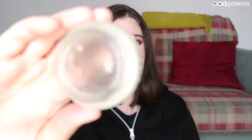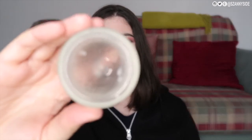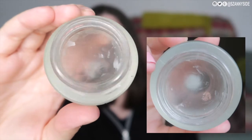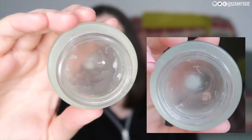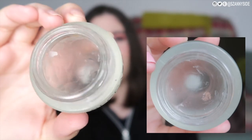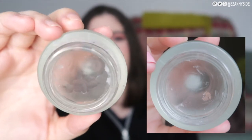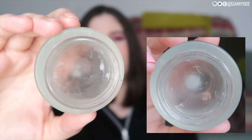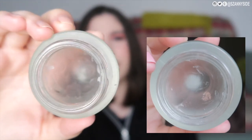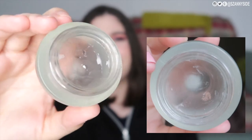So this is where we are now, and I will pop a picture somewhere here of where we were last month, and hopefully you can see the difference. You can see that in a few places the pot is a bit more shiny, so those are the bits where I've hit the bottom of it. There's still a lot of product left in there,